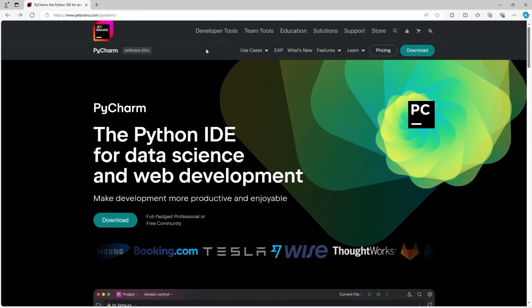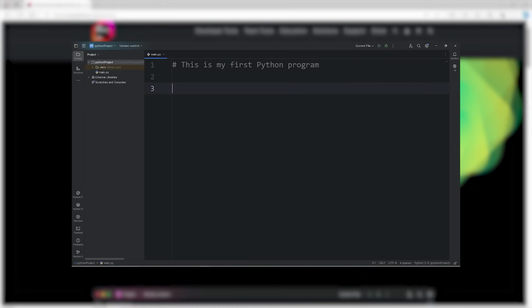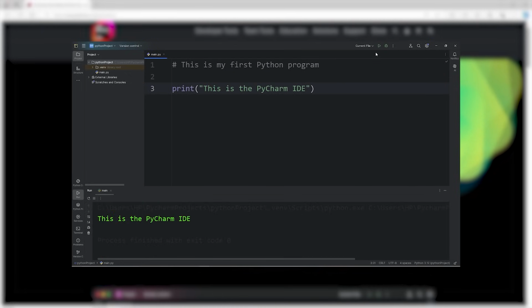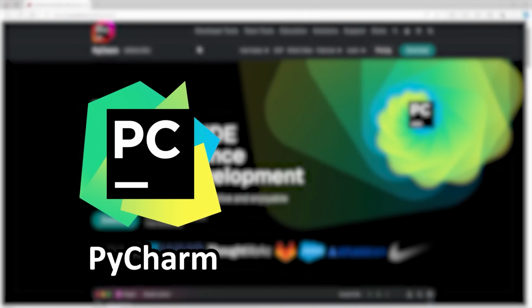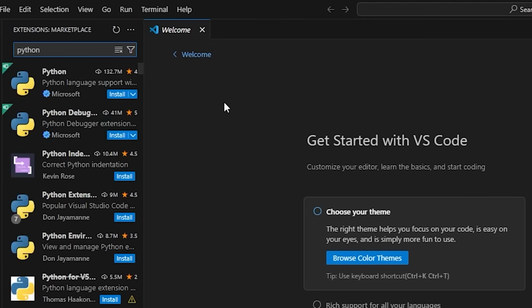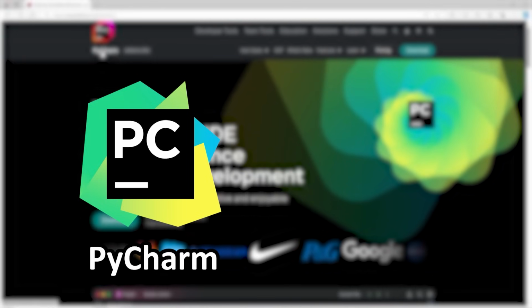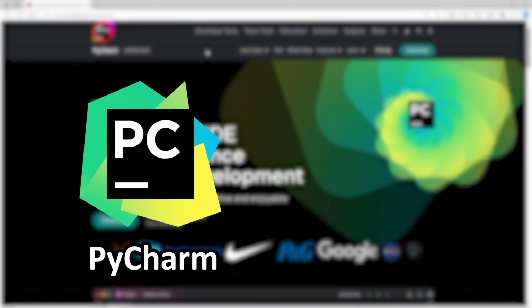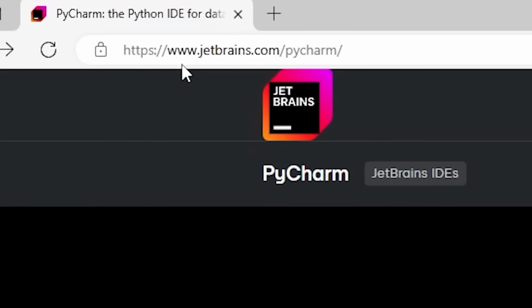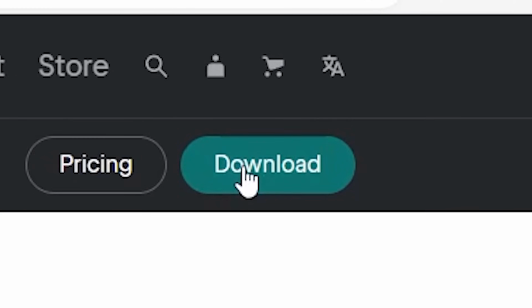The second download we'll need is an IDE, an integrated development environment, basically a place where we can write code. For IDEs, there's 2 popular choices when writing Python code, PyCharm and VS Code. If you already use VS Code, you can stick with that. Just be sure to download the Python extension. I find PyCharm more beginner-friendly if you've never coded before. If you would like to use PyCharm, go to jetbrains.com/pycharm,